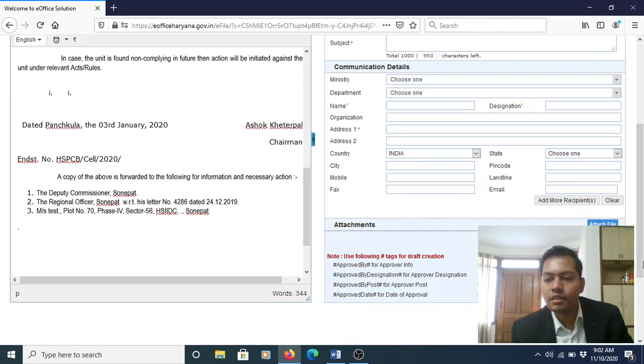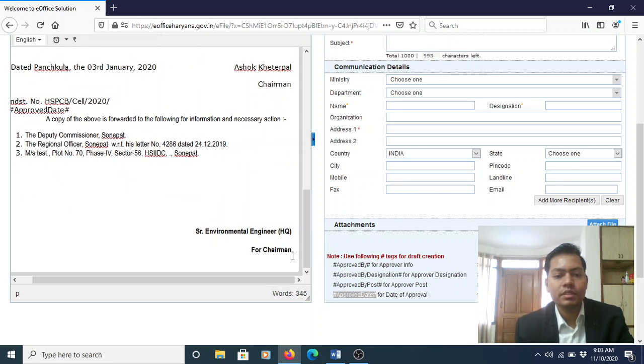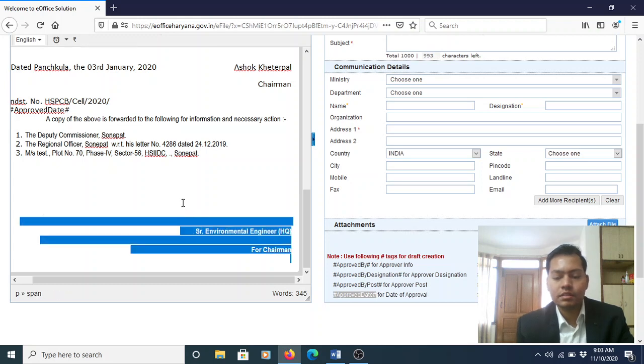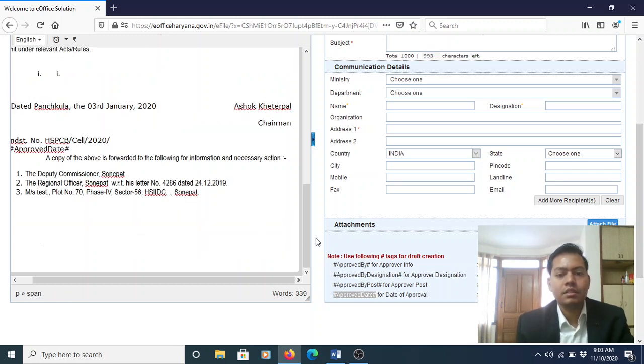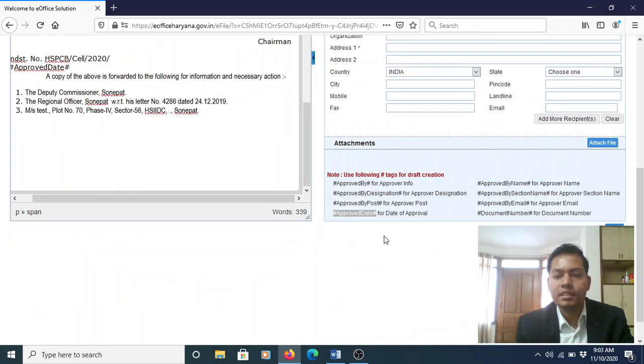And now, yes, in this session we will also learn how to use these tags. There are several tags here, for example, approved date, approved by post. We will also learn how to use these. So I'm selecting this and I'm pasting it here. Further, I have to align right here, and